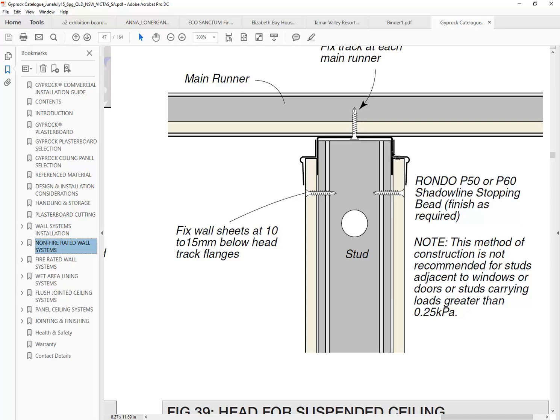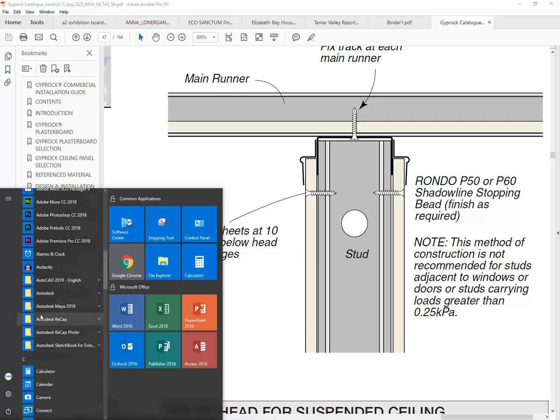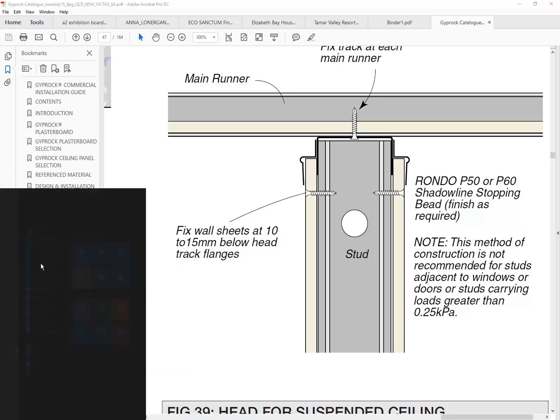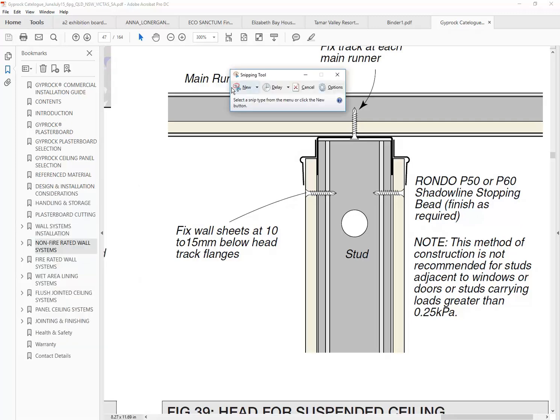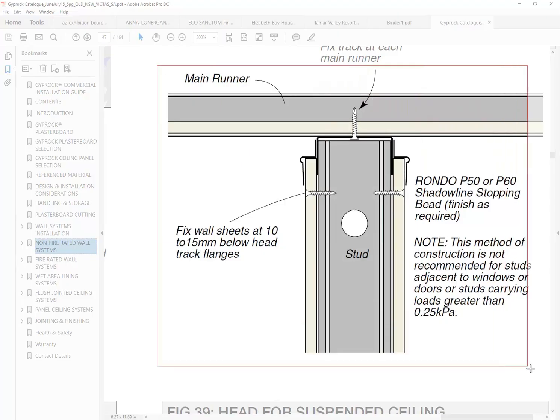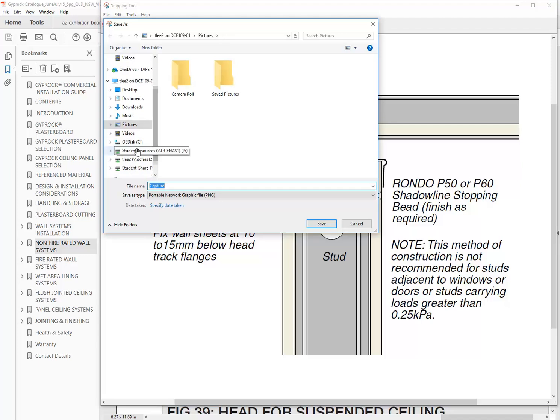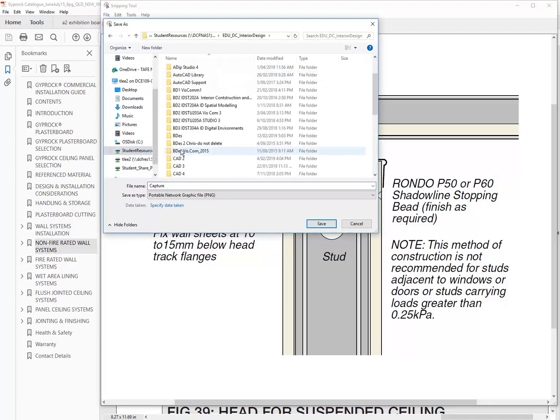So I'm not going to look up the size of all of these different pieces, but in fact, maybe to make it easier to draw it though, I'll show you a quick way you can put this into AutoCAD. To trace it, in the old days I would have just eyeballed it, but you're lucky you've got things like the Snipping Tool you can just quickly use to grab the part you want on the screen, save it as a JPEG, and if you like I'll save a copy of this onto the P drive for you,